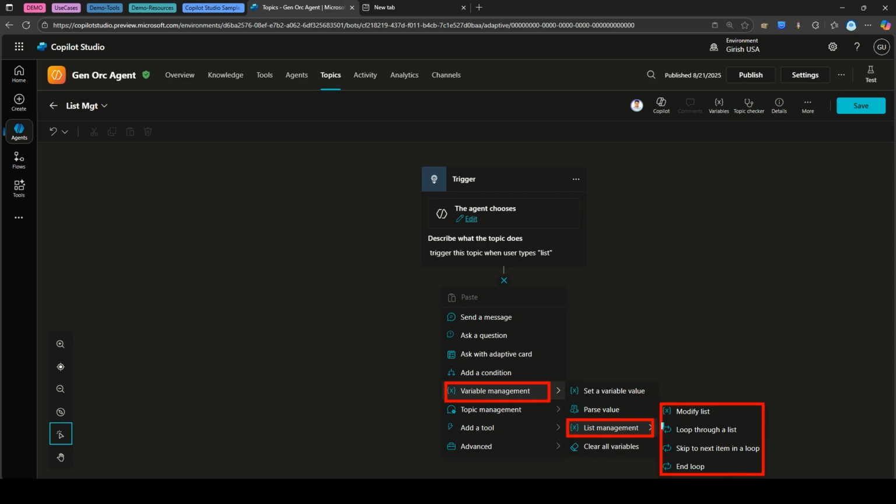Now I've already covered looping through the list. This is like a for loop kind of interface, which I've already covered in a separate video. You can have a look into that. Loop through a list basically loops through the items in a list and displays the specific list item. Now let's pick up modify list. Okay. Now let's go ahead and